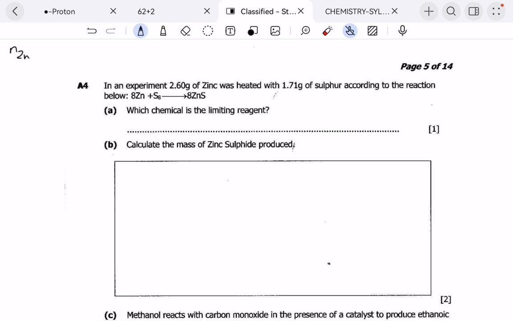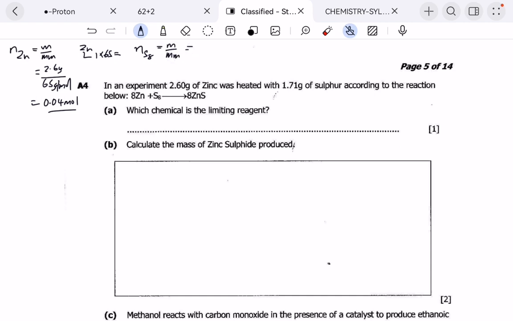of zinc, which is mass divided by molar mass. The mass given is 2.6 grams divided by the molar mass of zinc, which is 65 grams per mole. This will give us 0.04 mole. Then the number of moles of sulfur, which is S8, is going to be mass divided by molar